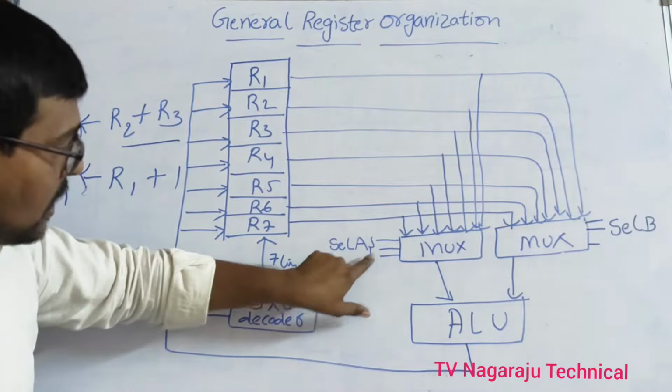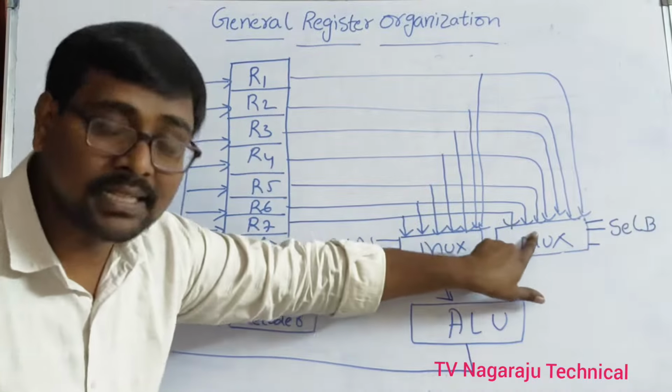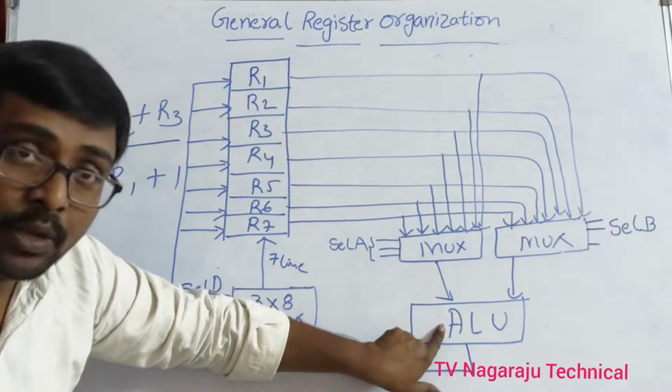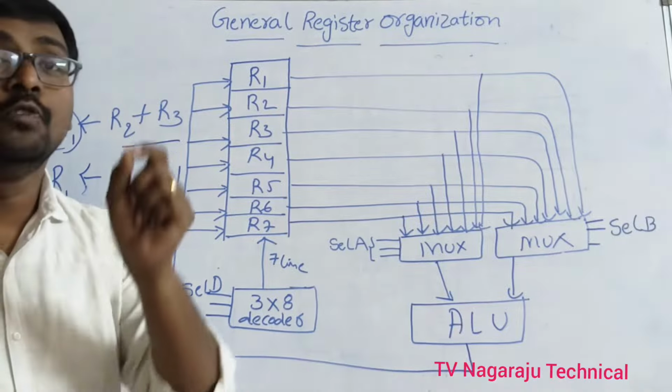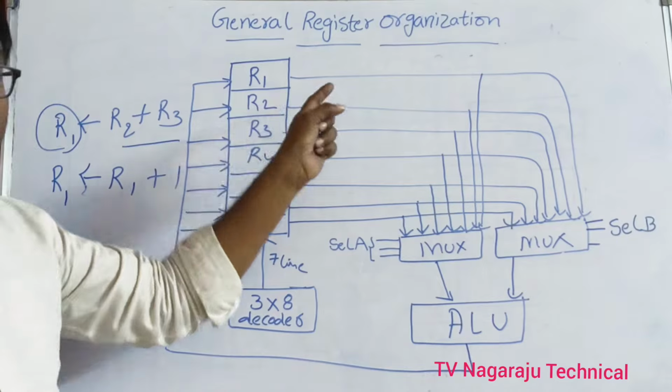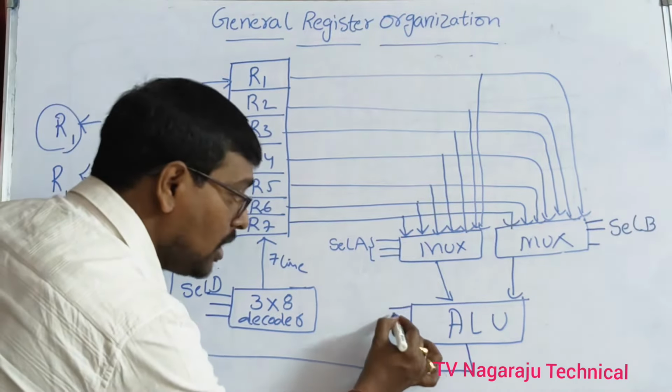Clear? Selection A selects one register, selection B selects the second register. We are doing the ALU operation. This selection D selects to which register the output is placed, along with one more thing, which operation is going